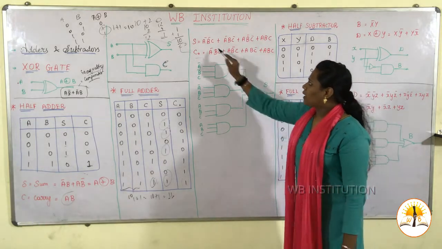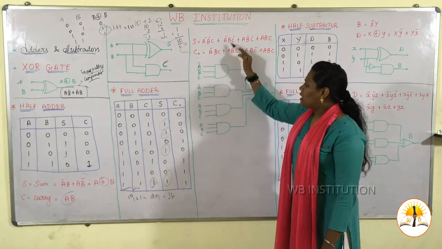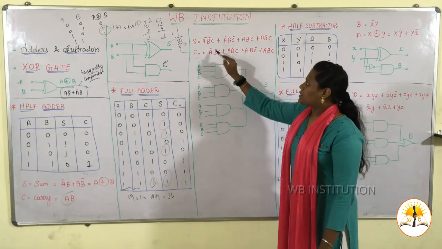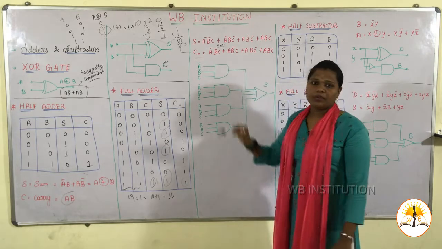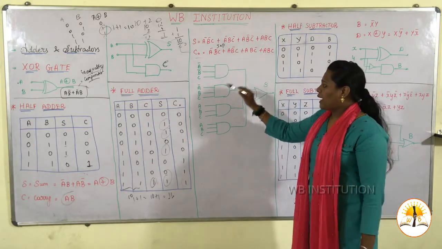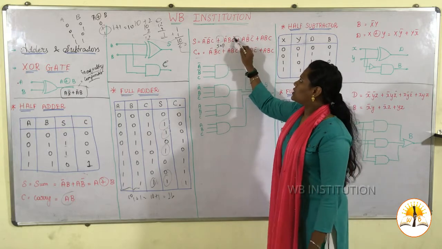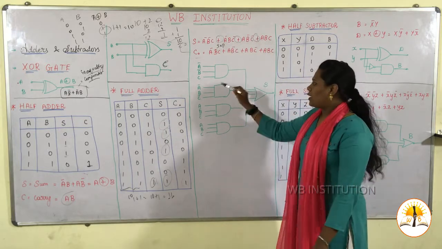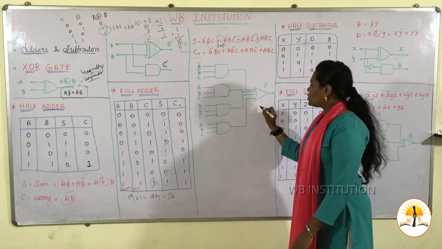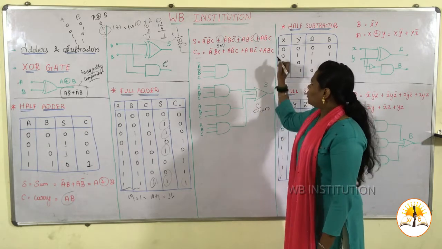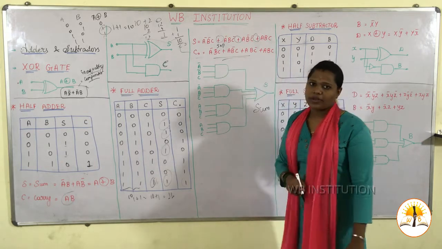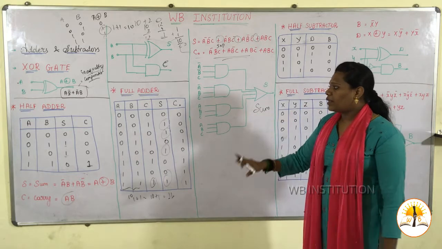Okay, the sum I have just mentioned A bar, B bar, C, everything and making it a NAND gate since it is an SOP, sum of the product. Okay, so making NAND gate for all the 3 4s and combined by using, since everything is in an addition, this is in sum of the product, right? So I have made it a common OR gate. So this is your sum. Okay, for carry you must use this order. Okay, this is for half adder and full adder.